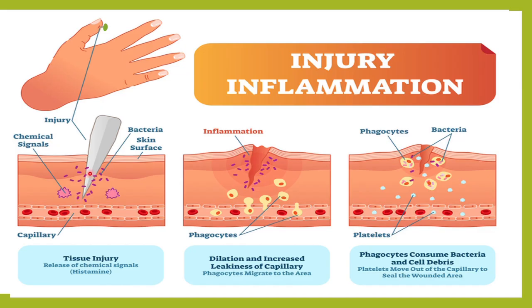Here you can see the blood vessels below. There are capillaries. Once these capillaries are stimulated, the phagocytes start moving to this area. There is vasodilation, endothelial leakage, and these phagocytes also release acute phase reactants,